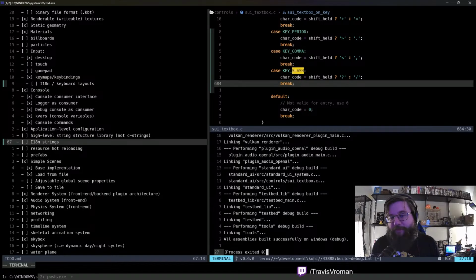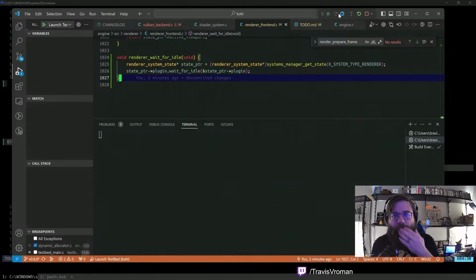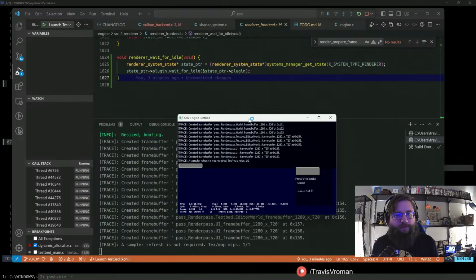I'm guessing I just didn't build them in at the time because I didn't think about it. All right. So we have comma, period, slash. What is that? Less than bracket, greater than bracket, and question mark. Okay, so those all work. Sweet. All right, so the point that I was trying to get to is I'd like to do like scene